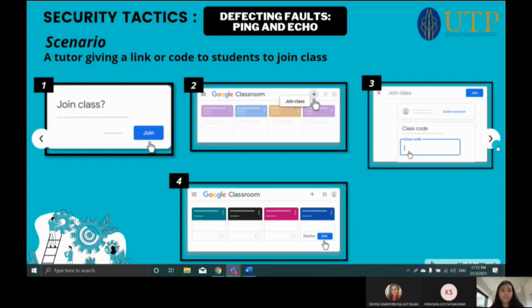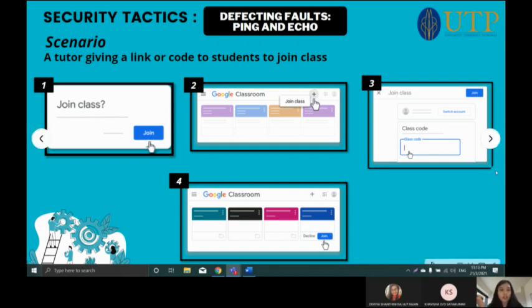The first one, as you can see in the first picture, students can join the classroom link by clicking on the link given by the teachers. There will be an option to choose an account to join with. This is in case the laptop has multiple Google accounts. Another way is by students joining the class using the code given, as seen in diagram 2. After signing in using the correct account, in the top right corner, click Join Class. By clicking on that, students can enter the class code and will be directed to the class platform as seen